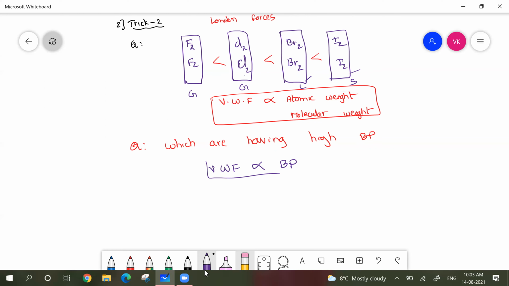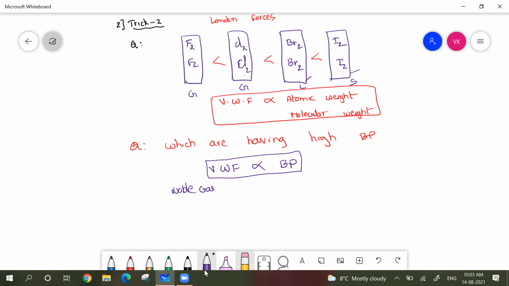So this is also very important, students. They may ask you in terms of either their van der Waals forces order or their boiling point. Boiling point always depends directly on van der Waals forces. Whenever there is an increase in van der Waals forces, there will be an increase in boiling point. One more question I'm asking on this. Can you please explain what is the order of boiling point in noble gases?